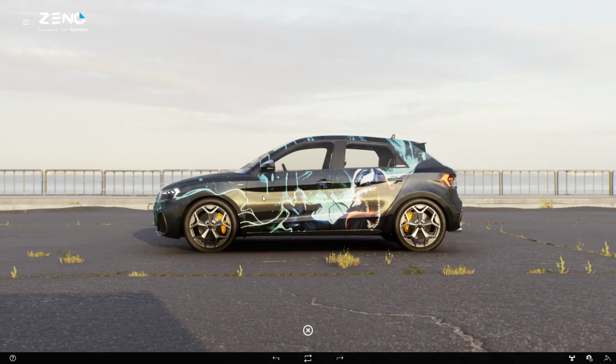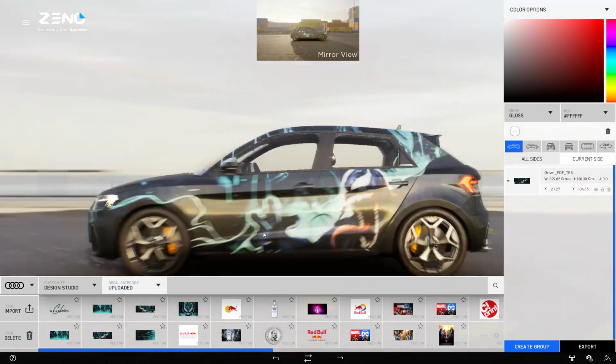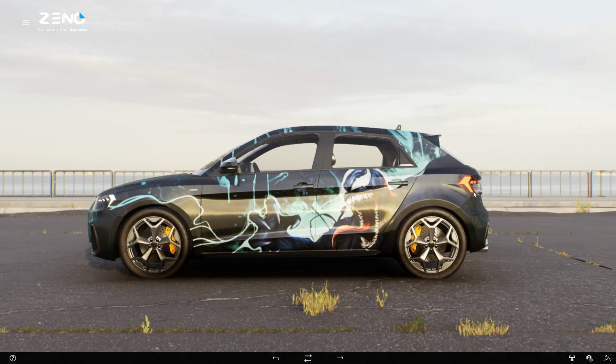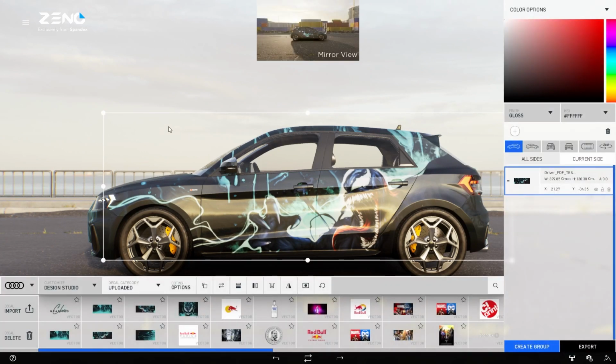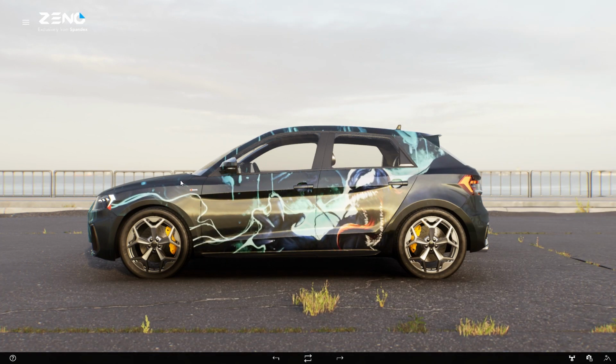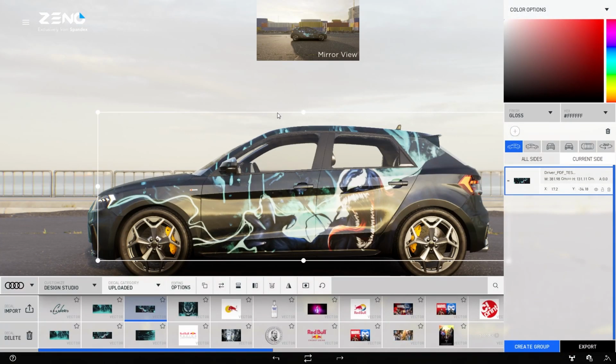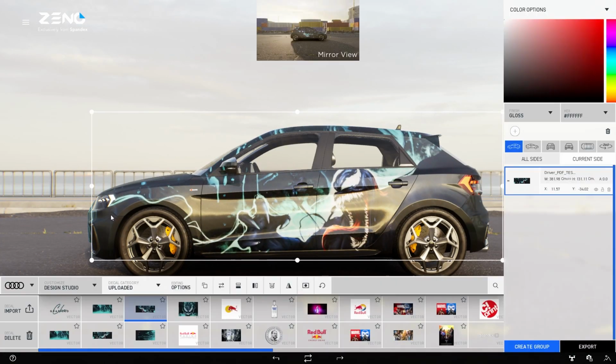And maybe I will move up this side slightly. Maybe make slightly bigger and move up. Okay, I am happy with that.